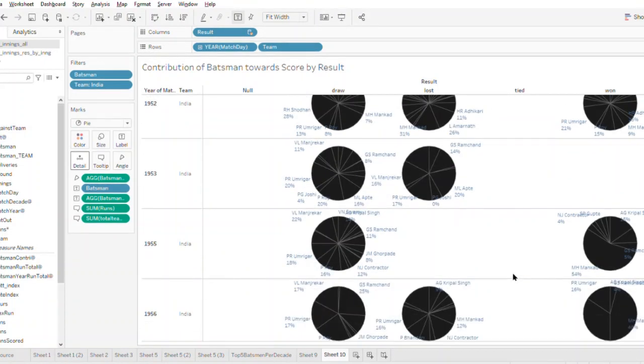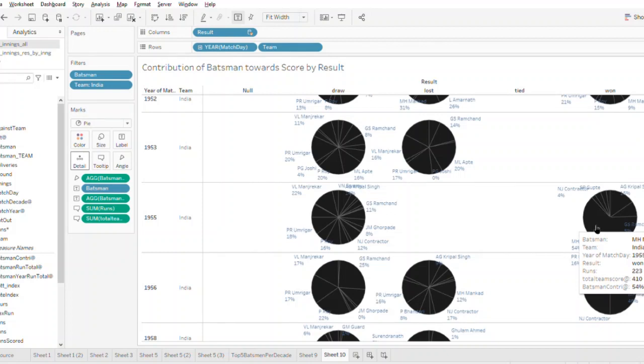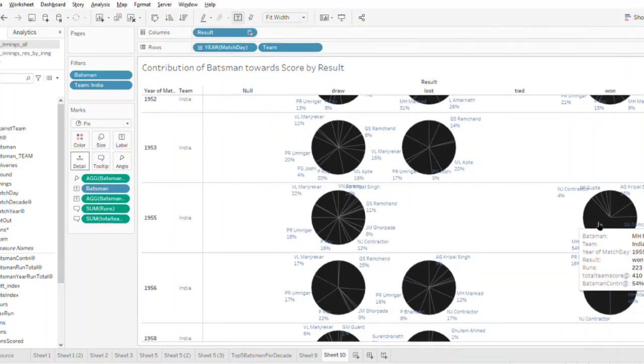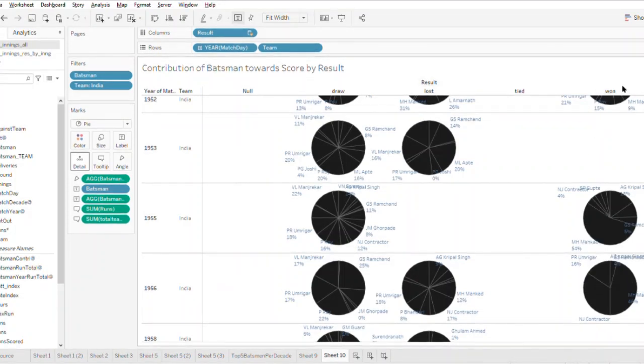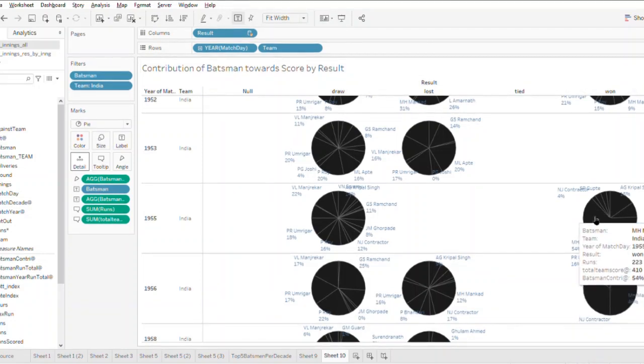And you can see here MH Mankad in the year 1955 scored 223 out of the total 410 that resulted in wins for India. So he actually played in a lot of games that India won